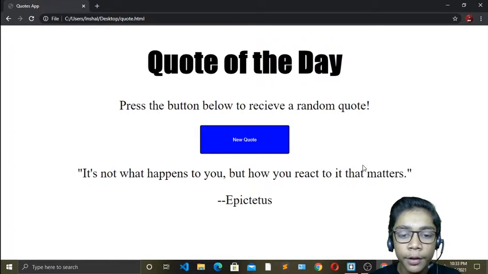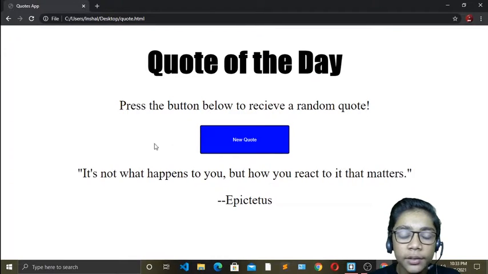Like in the previous project, we learned how to build a mortgage loan calculator in JavaScript, and I hope you all enjoyed that project. Now, in this project, we will see how to build a quotes app in JavaScript, and I hope you will also enjoy this project like you're enjoying all the previous JavaScript projects. So, let's start.